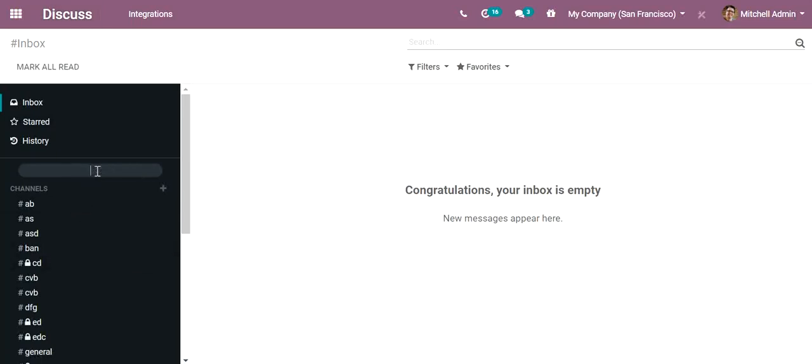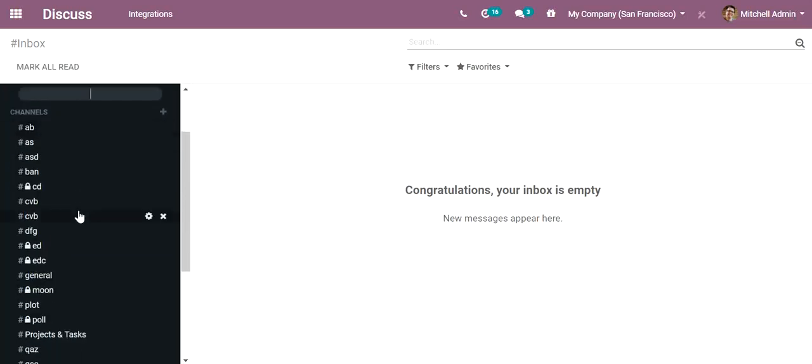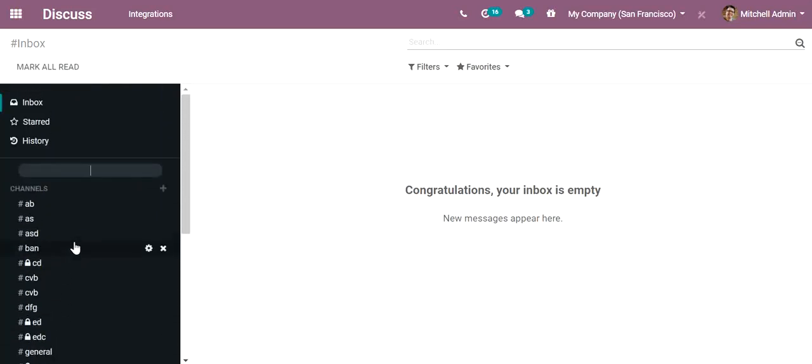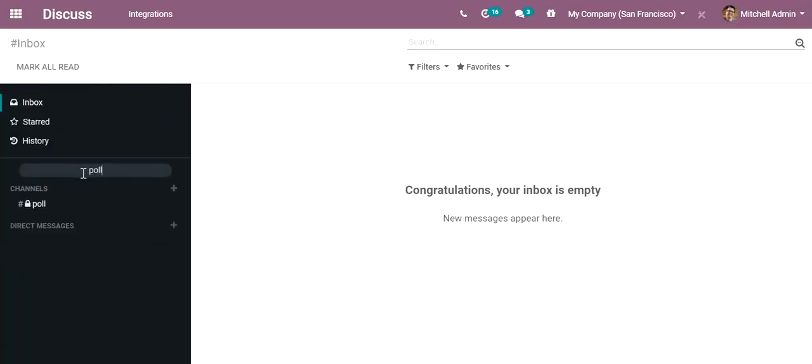At least 20 channels should be present here, and only then will this search bar appear. I have randomly added many channels just to show you the quick search bar. If you want to select a channel called Paul, if I enter it here, you can select the channel. So that's the use of the quick search bar. At least 20 channels should be present, and only then will it appear.